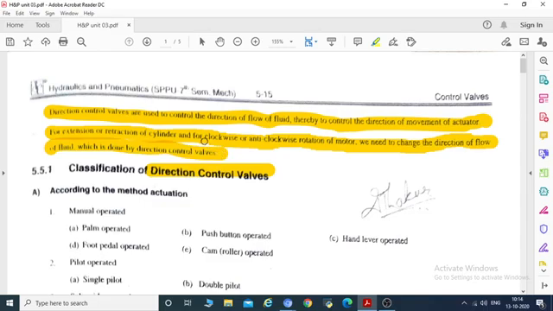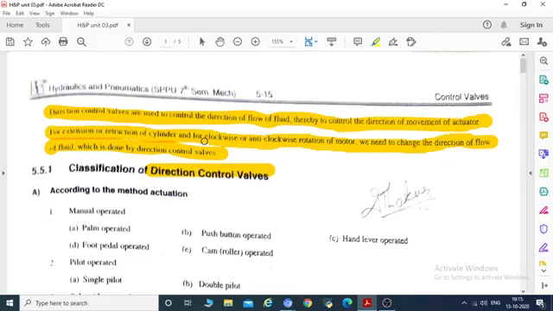Whenever we require strokes such as extension and retraction, we need to change the direction of the flow to either side of the piston, and to change this direction of the flow we use the direction control valves.